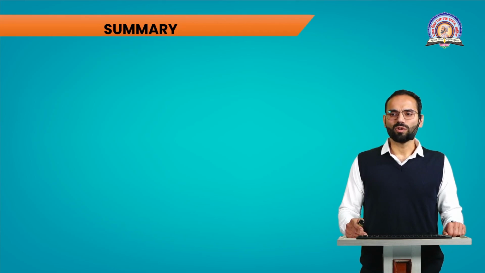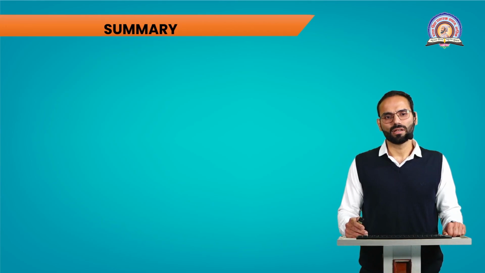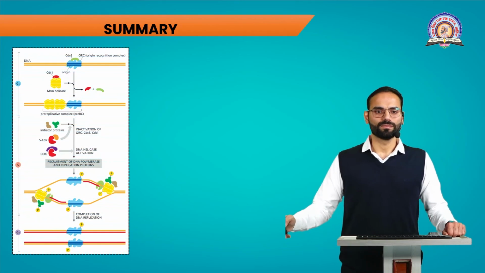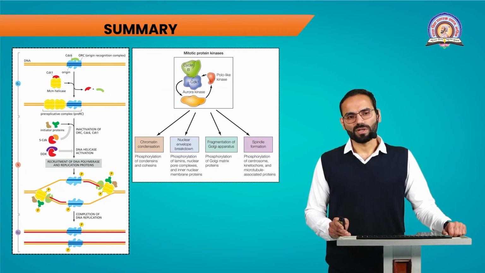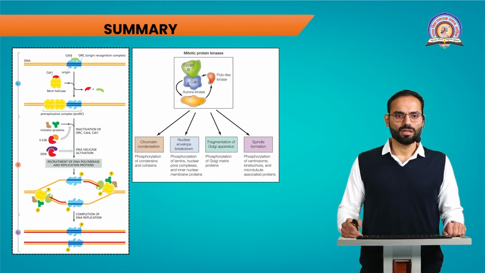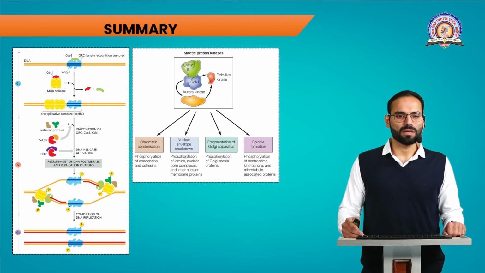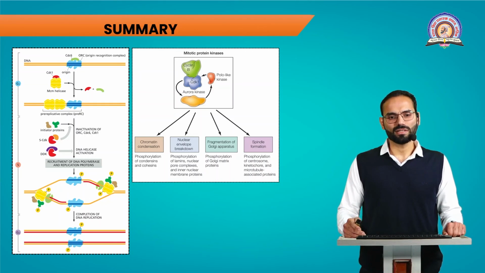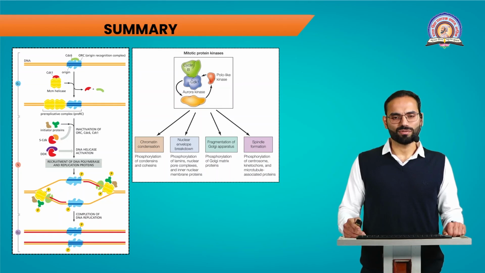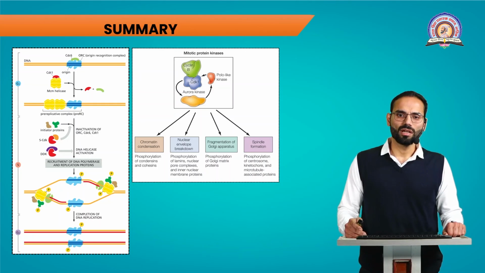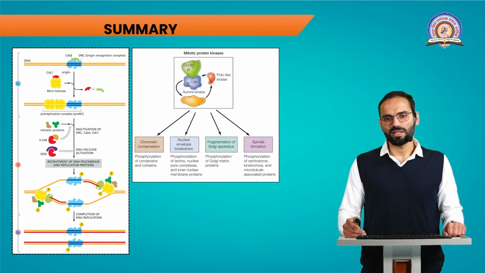So with this, I would like to end my second part and also conclude the cell cycle seminar by giving you the summary. And what we have seen in the first part is the S phase progression, and with the help of the S phase CDKs, which activate the MCM helicase, that results in bidirectional replication, and during the onset of G2, there is completion of DNA replication. Following that, we have also seen the mitotic protein kinases, which are cyclin B, CDK1, aurora kinase, and polo-like